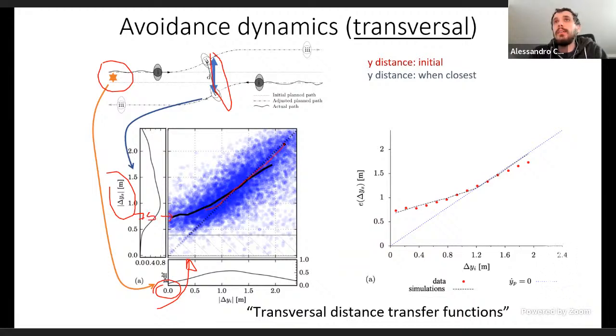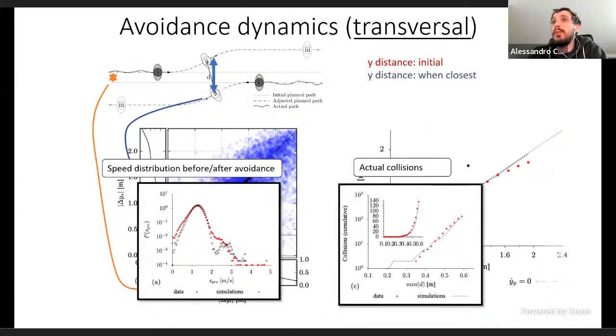And then this effect asymptotically vanishes because if initially you are very far away, there would be no interaction between the two. And so the point again here was to find the expression of the interaction forces that would recover this behavior. And the beauty is that also in this case with simple forces, and again for the details I will just refer you to the paper, one can capture a lot of the statistical behavior of the system, like how much people would slow down as they approach each other in the avoidance process, but even the statistical rare events that here would